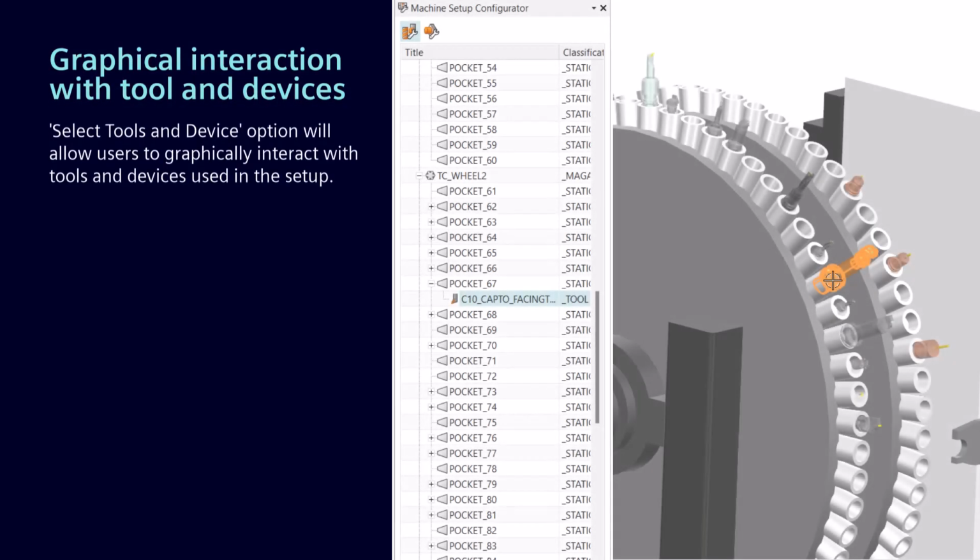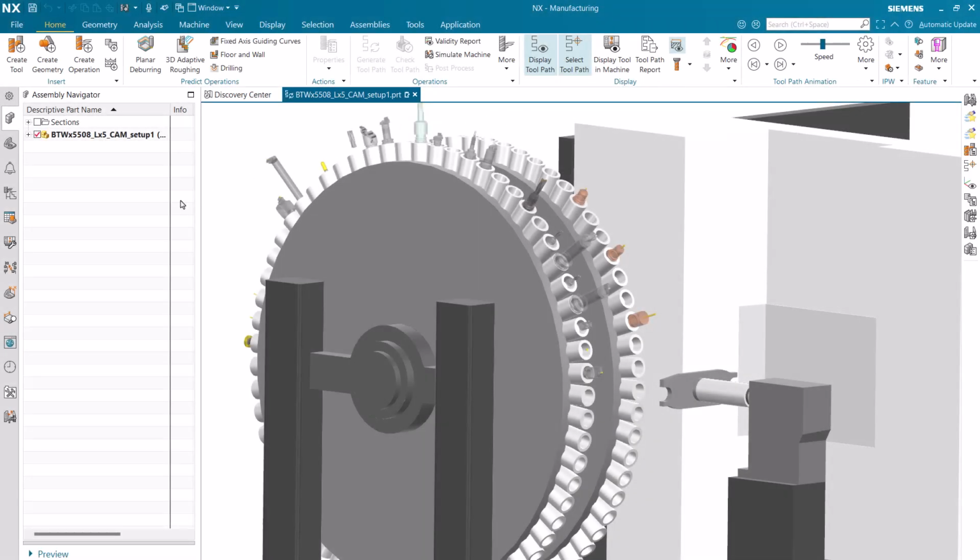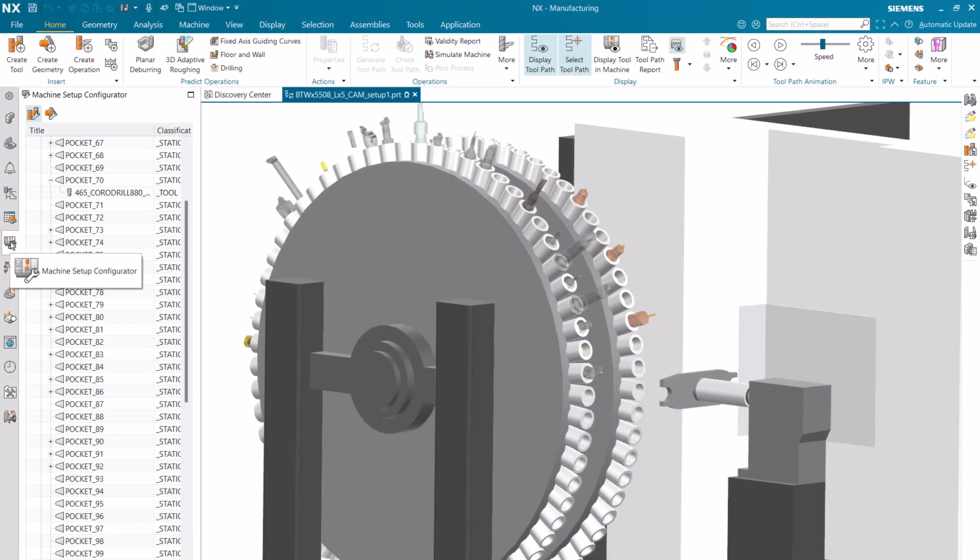This feature will allow machine-powered programming users to interact graphically with tools. This will improve productivity and ease of use interacting with tools in machine contexts. In previous releases, the Machine Setup Configurator has been introduced to allow users to commission the machine tool digital twin